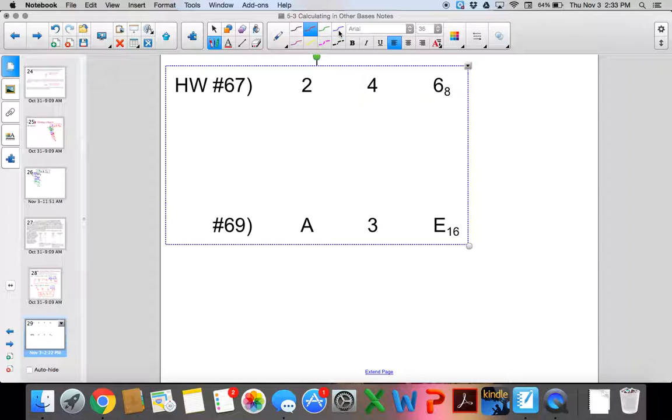So numbers 67 and 69 have us going from one system, going really in the opposite direction. So we're converting the 2, 4, 6 base 8 into binary. So I'm going to show you with the 6 how each of these works, but I'm not going to do it each time. So remember, if you're converting 6 into binary, you divide by 2, which is going to be 3, remainder 0,